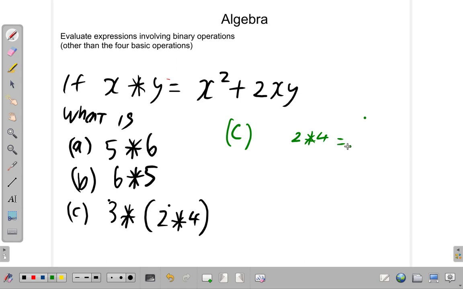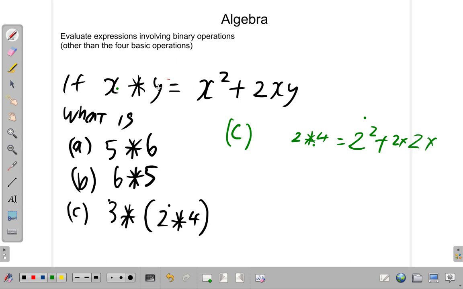2 star 4 is equal to... x and 2 are in the same position. Looking from left to right, x is at the front, 2 is at the front. So whatever happens to the x on the right is going to happen to the 2. So it's 2 squared plus 2 times x, which is 2, times